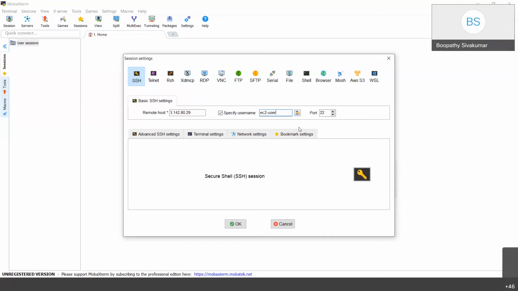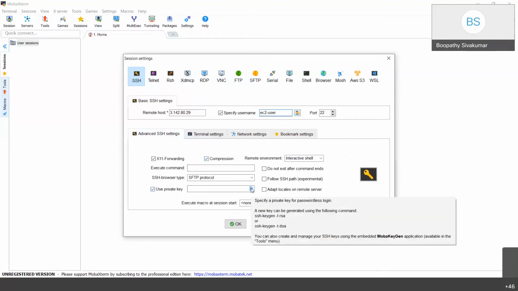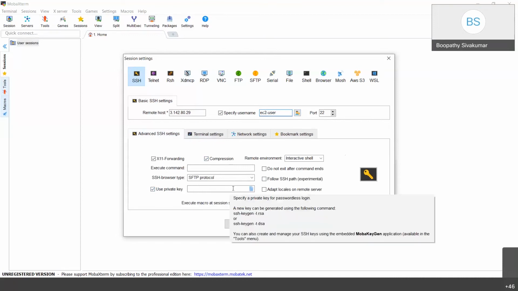Click on advanced SSH settings. Click on the use private key checkbox. Select the downloaded private key.